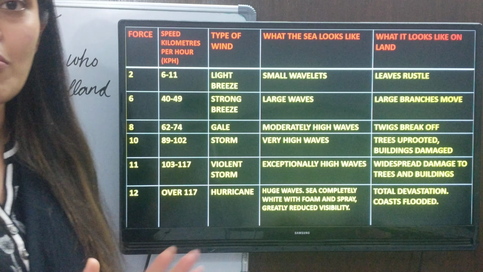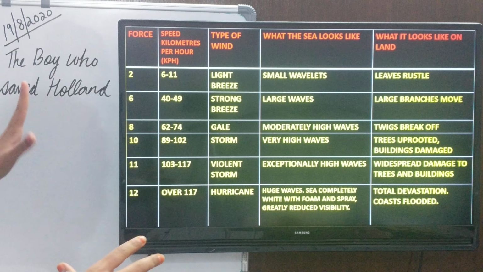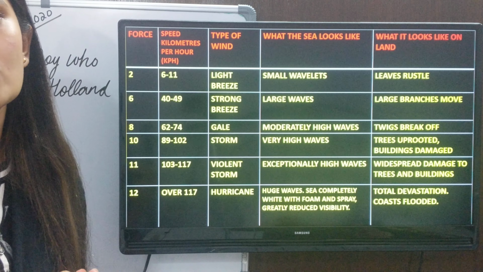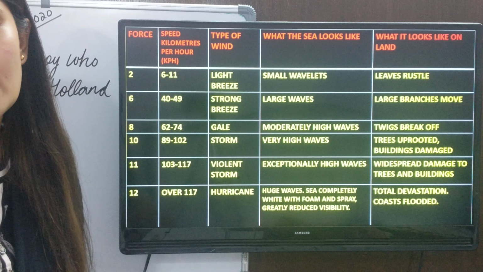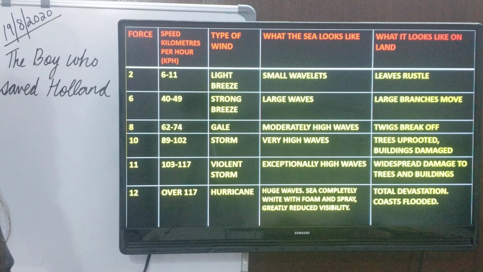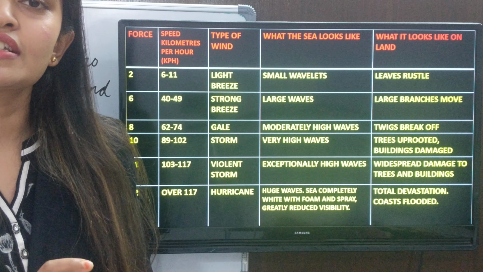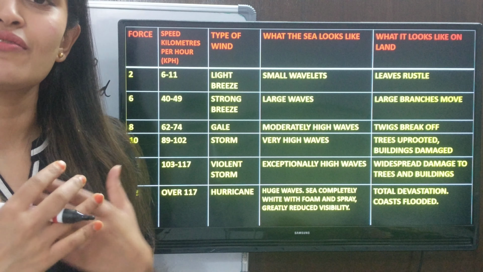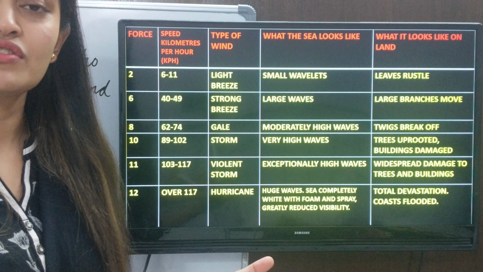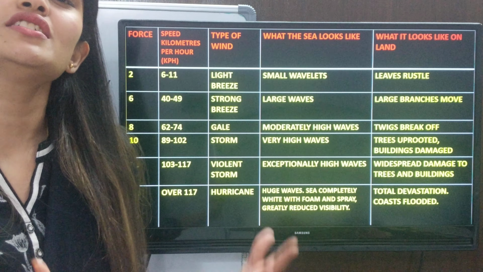Okay, so the first topic in our grammar part behind the chapter is this table. This table is basically giving us a lot of new words to increase our vocabulary. Now these words are related to the chapter. How are they related? The chapter is based on Holland, and these Hollanders, the people residing next to the sea, and how their lives are affected by the sea. The waves of the sea, and these waves are in turn affected by the wind.